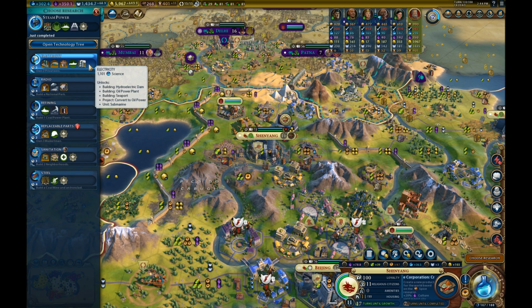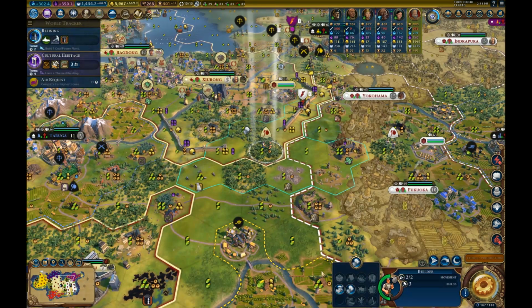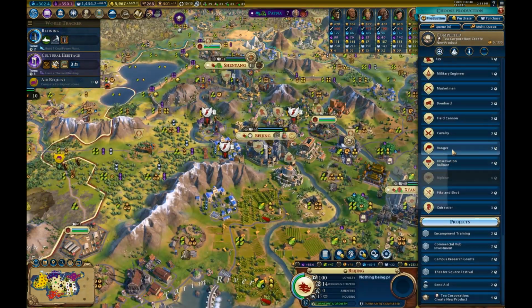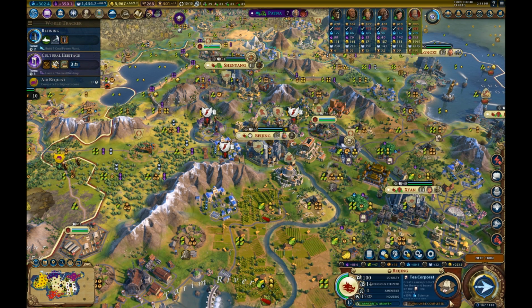If it's allowed to be pillaged in the game, it can be pillaged, in which case it will not grant you its effect until it's repaired. Awesome. Somebody's pointed out something interesting, which is from the